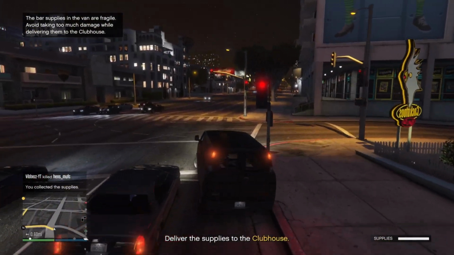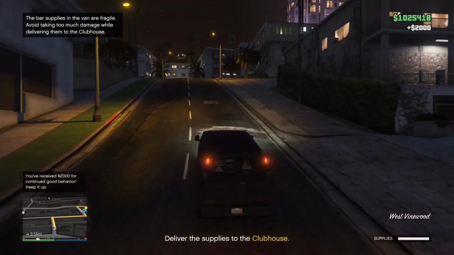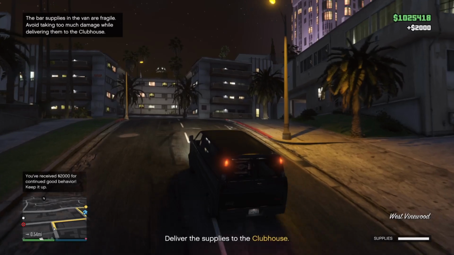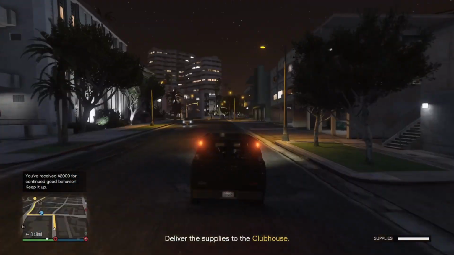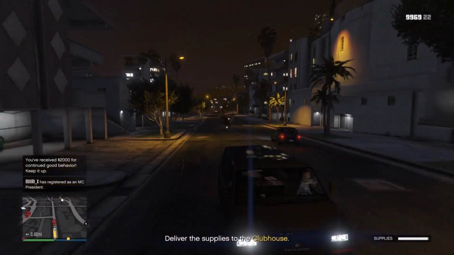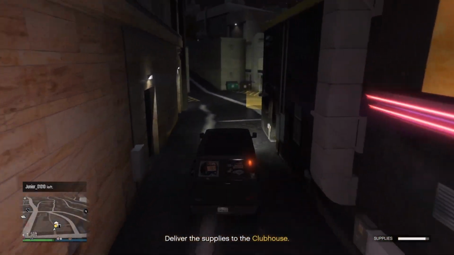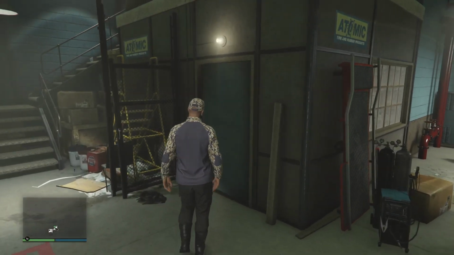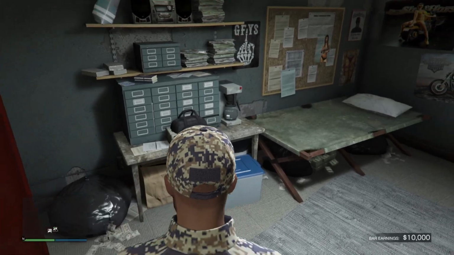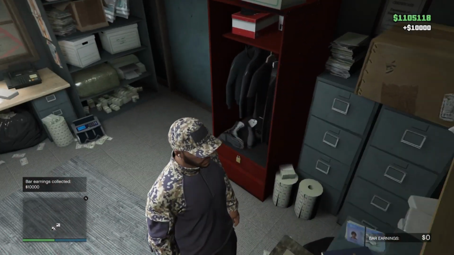So just like with the nightclub, just like with the arcade, you can now have a daily income with your MC Clubhouse. Now the way the daily income works, it's a little bit different from the nightclub and the arcade, but basically every time you do a resupply mission, for the next 4 days in GTA Online, so 4 times 48 minutes, you will get a daily income of 5k. This 5k or this daily income, you can basically pick it up or collect it from your office in the